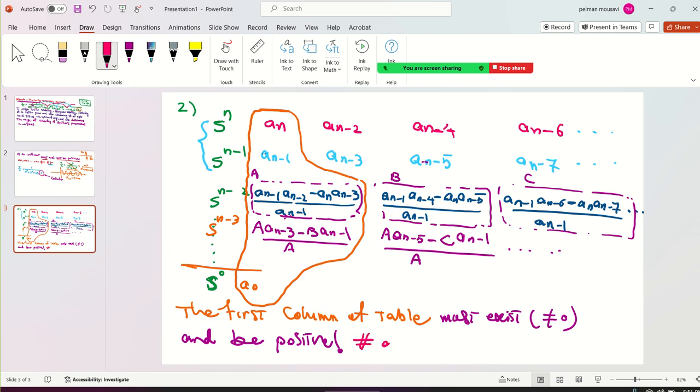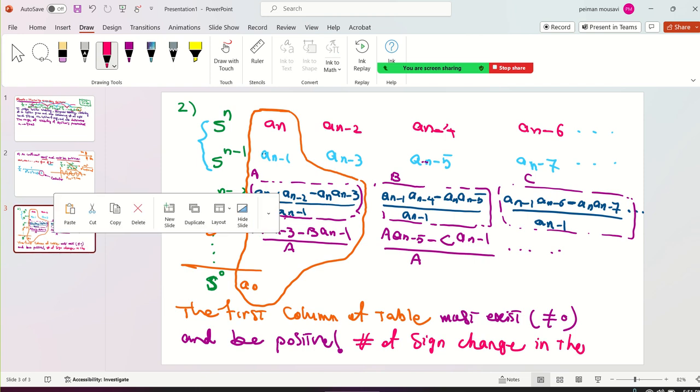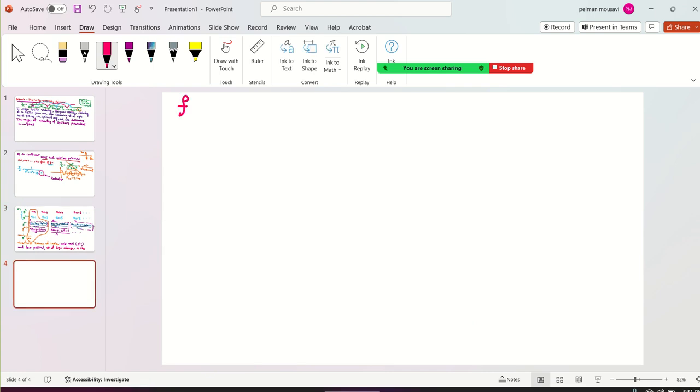Number of sign change in the first column